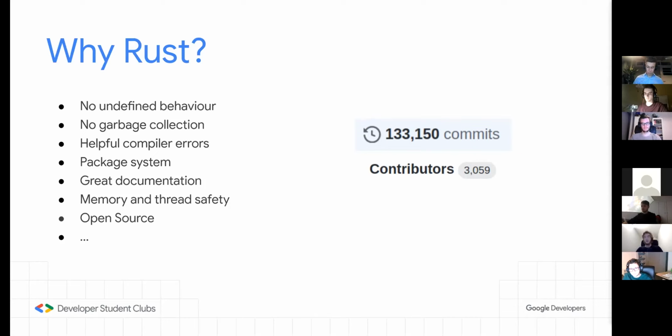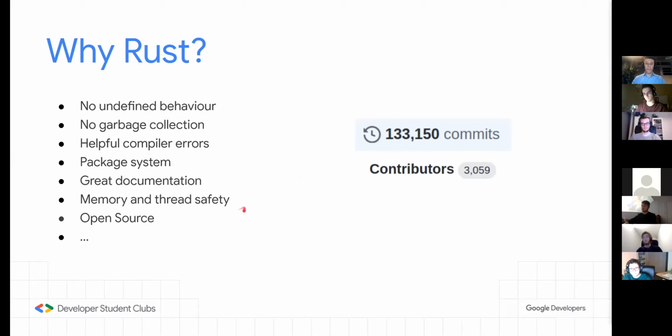But of course, that means that the compiler will throw a bit more errors at you if you make a mistake regarding lifetime or ownership. Luckily, Rust has really helpful compiler errors, some of the best I've seen. So it gives you an explanation of what you did wrong, a possible solution, and a link to the documentation to try and solve your problem. Rust also has a package system, a bit like NPM for Node, and great documentation. And because of the way the compiler tracks ownership and lifetime throughout the compilation process, Rust also guarantees memory and thread safety. So it's really easy to convert your code to a multi-threaded application.